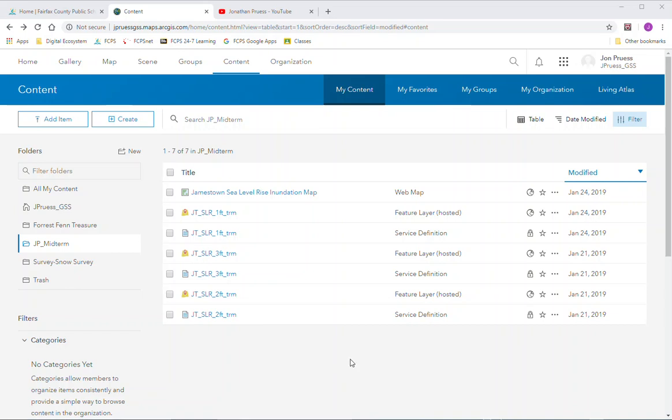Okay, we're almost done. I've decided I want to make one more map. This Jamestown sea level inundation map was for the whole island. I want to make another map that's just for a specific area on the island, the old historic Jamestown settlement. So I'm going to create another map